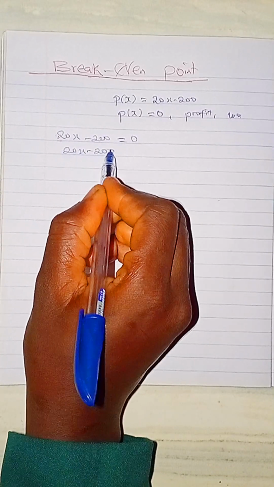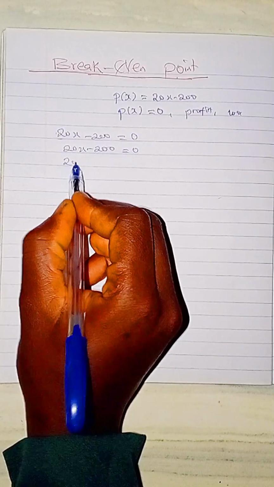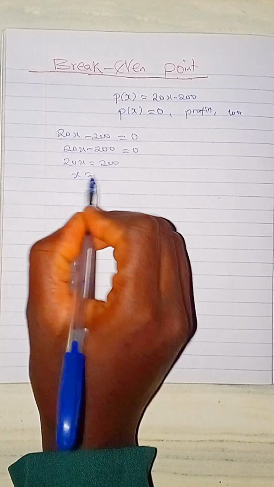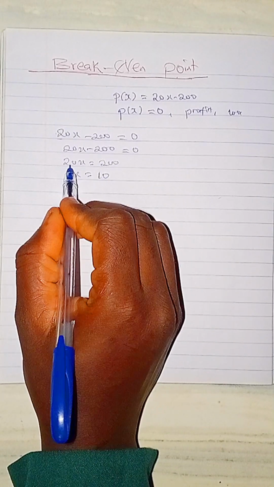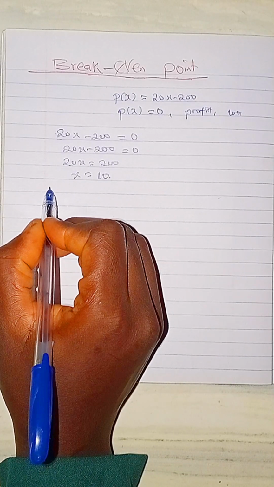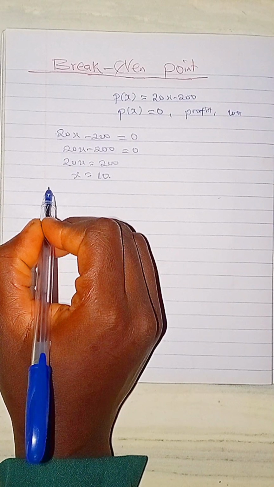20x minus 200 equals 0. 20x equals 200. Then x equals what? 10, if you divide both sides by 20. What does this mean? That when the man sells 10 pieces of onions,